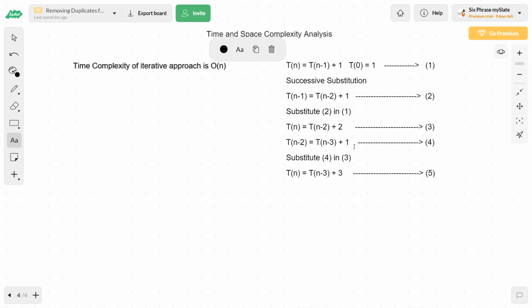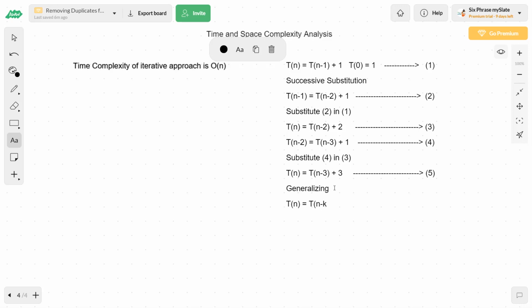Now, the next thing that we will be doing is generalizing the equation. Generalizing, because this keeps on going. We will have a general pattern of equation, right? So t of n is equal to t of n minus, this negative term is changing. All the constant terms that we have taken are the same. T of n is not changing. Equation 1, equation 3, equation 5. T of n, t of n minus 1, 2, 3.